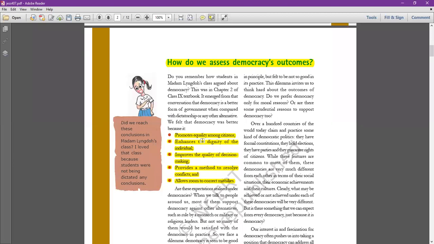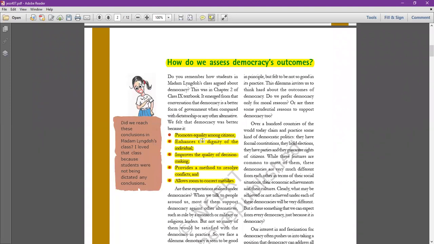Now, being a student of class 10th, you are already aware, I hope, of what you mean by democracy. Democracy is the form of government in which rulers are elected by the people. So in democracy, the real power lies in the hands of the people. At regular intervals, elections are held and people elect their representatives, and those representatives rule on behalf of the people. So if someone asks you what you mean by democracy, it is a form of system in which rulers of a country, rulers of a state, are elected by the people.